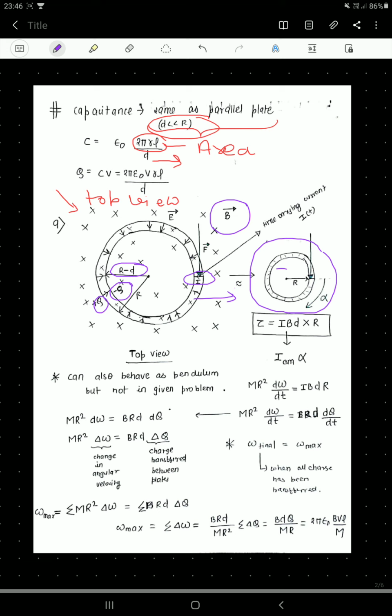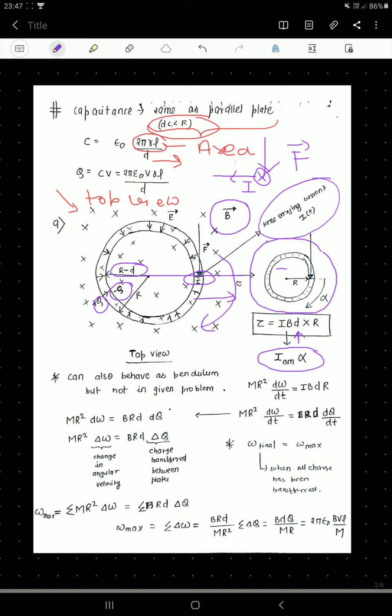Since the wire will be connected, there will be a time varying current I as a function of time, and on this time varying current on this wire there will be the Lorentz force. Current is like this, I, field is inward, using the right hand rule, F vector will be like that, and here it will give a torque about the center of mass like that. So here the system will rotate with alpha. So here I have written alpha. Now torque can be easily written as IBD. D is what?